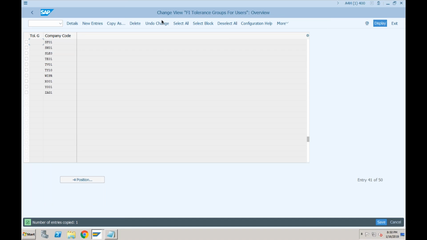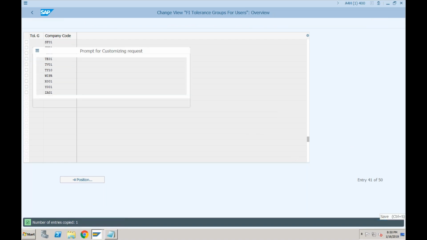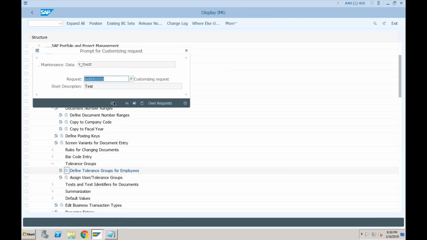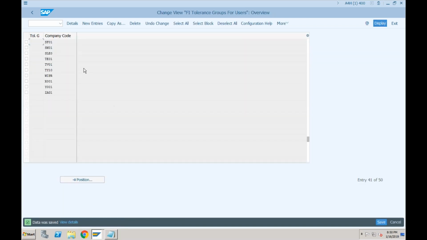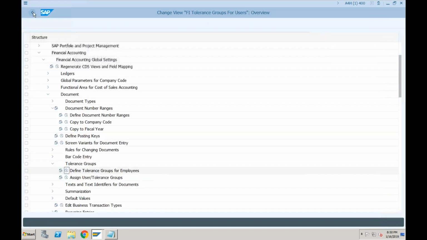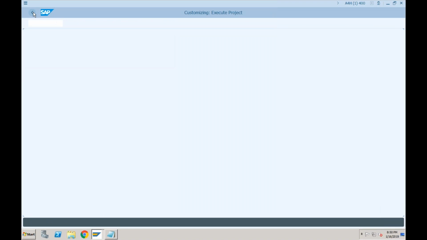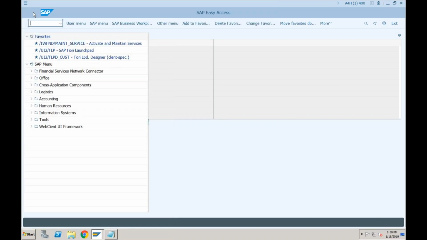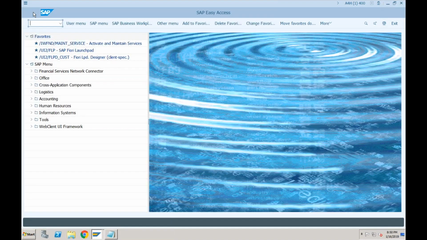Okay, so I'm assuming these are the old things which you already know. Any particular screen, if you are not comfortable or you worked on this screen but you don't know why we do this, please stop me and maybe I'll explain what exactly these configurations are. Okay, because these are the old configurations, I assume that you already know this. Let's go back. So tolerance is also done. Number ranges are also done. Now let's try to create a simple document and see what errors we are getting and how to solve those errors. So for posting the document, I can again go to the normal FB50 transaction.